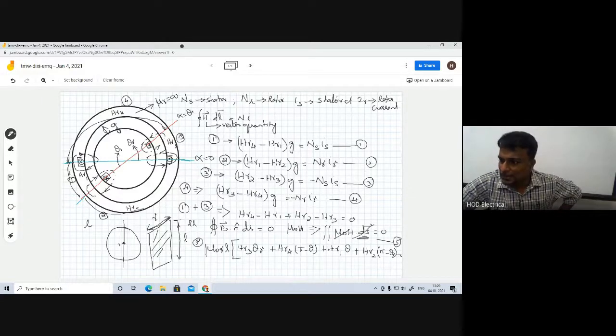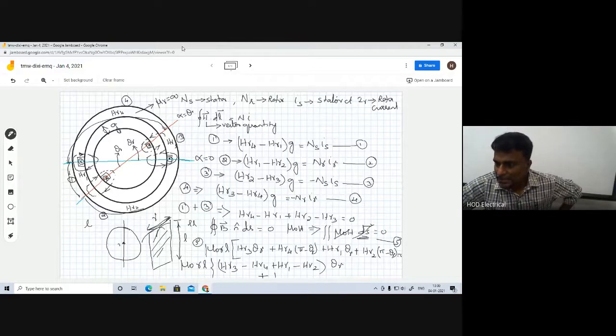This is the rotor angle theta equal to 0. So just to segregate all the values of theta separately, mu naught R into L into HR, we can write now HR3 minus HR4, then plus HR1, then minus HR2 into theta R plus HR4 plus HR2 into pi equal to 0. I hope you understood. I am just combining this, all those things will be 0.